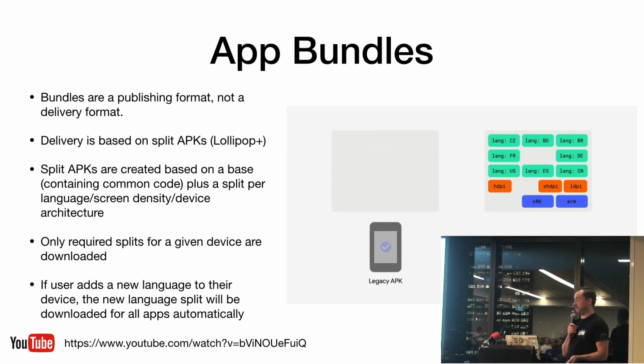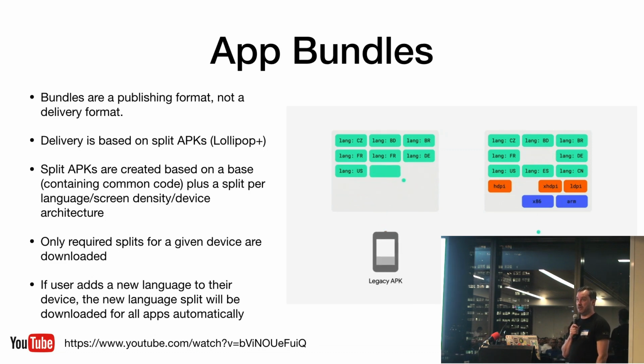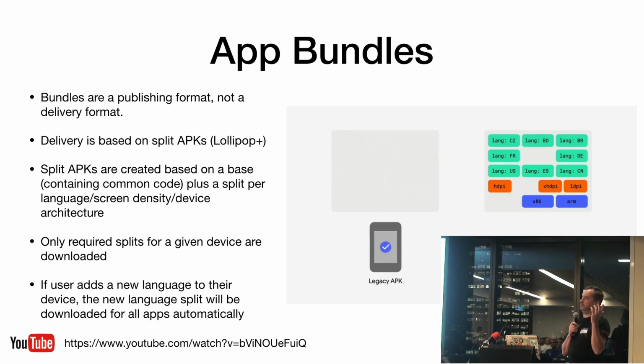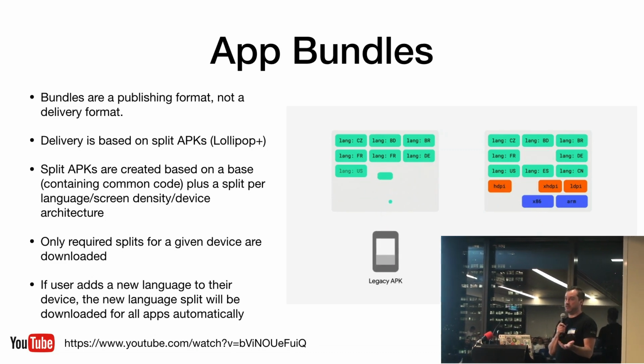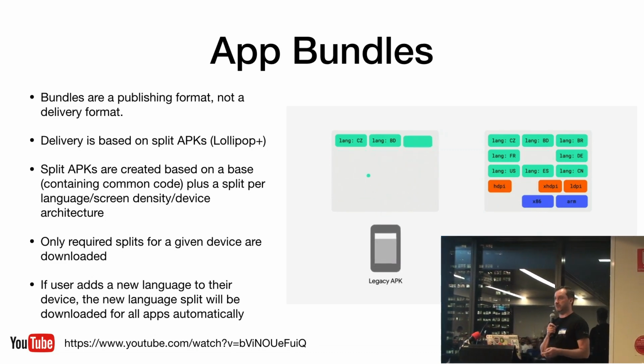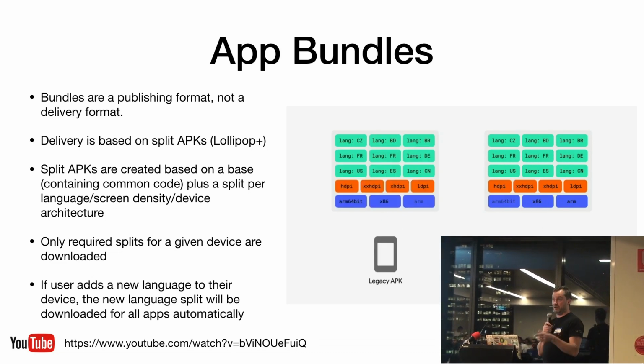that specific device. So you can see here with the little animation on the left-hand side, the old way of delivering APKs to a device includes all the languages. Even if you don't speak Russian, you're going to get the Russian language pack downloaded to your phone. Same as if you've got an XHDPI device, why the heck do you need low-res images? So they're going to optimize the downloads based on the features of the device and the languages that are on